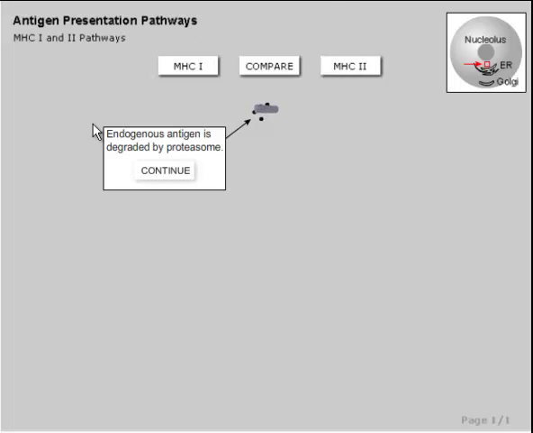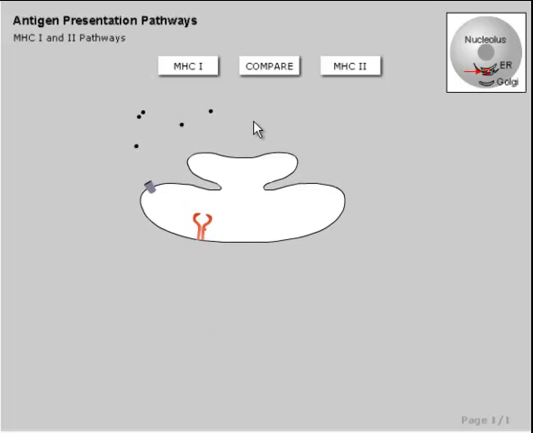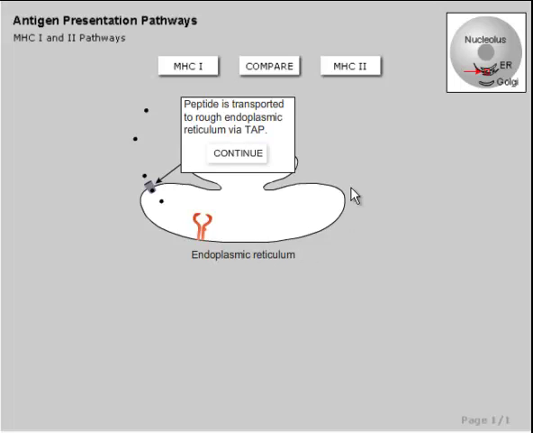So MHC1 occurs when you have endogenous antigen that is degraded by the proteasome. So this cell has phagocytized a bacteria or other foreign invader, and now that it's entered into the cell, it's starting to break down these components in the proteasome. And what happens then is that these degradation products are going to enter into the endoplasmic reticulum, which is that lipid bilayer area that's connected onto the nucleus of the cell. So you can see here's the nucleus of the cell, and so we're inside here,